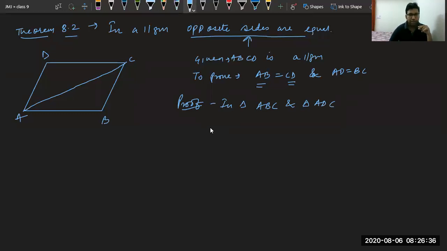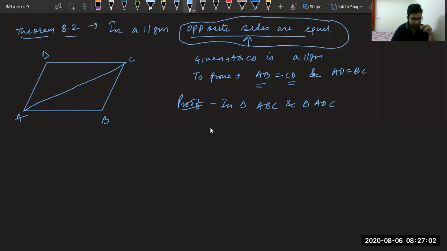All of you, how can we prove this? Please answer. By which property can you prove this? Just tell me the criteria and I will solve it for you. Very good, Utkarsh. Others, Parkhi, you cannot use SSS because you have to forget this thing right now. The part you have to prove, you cannot take that part as given.